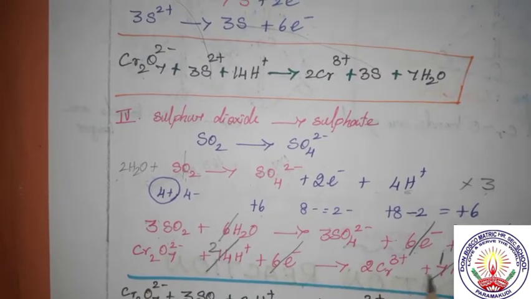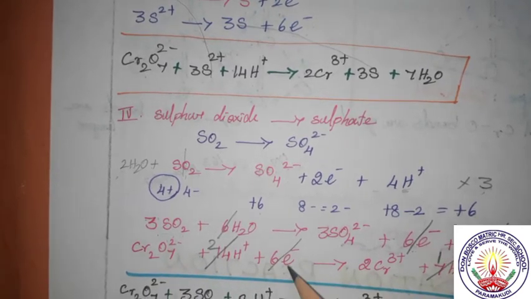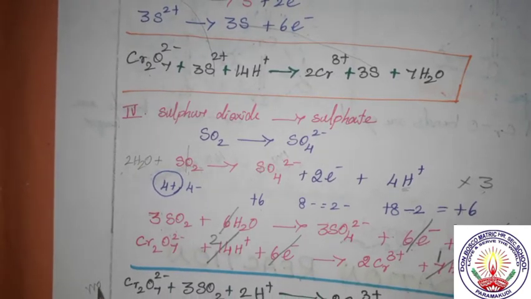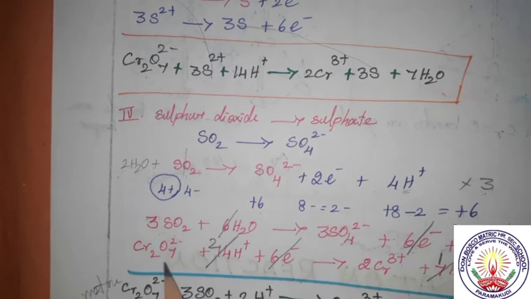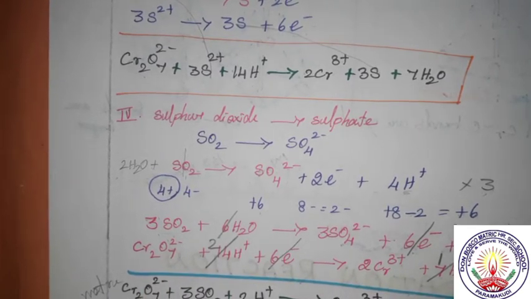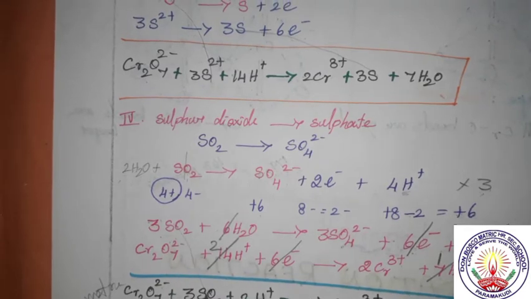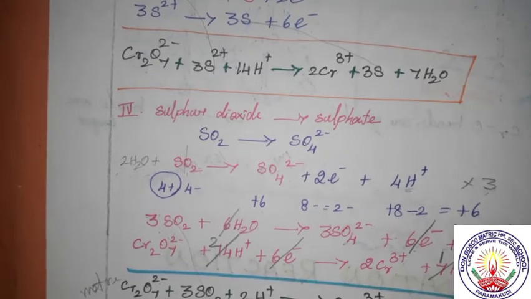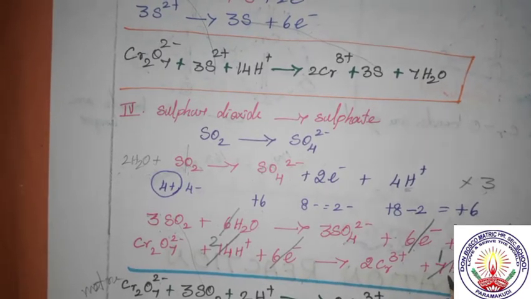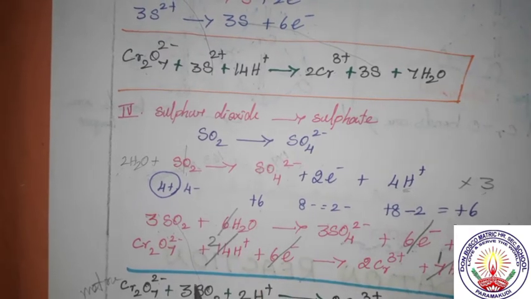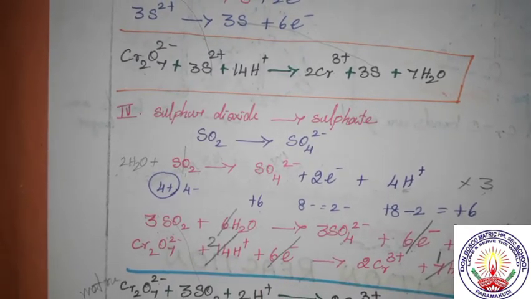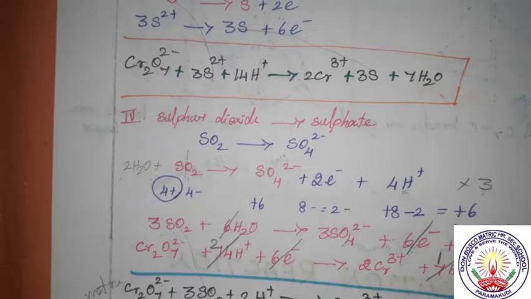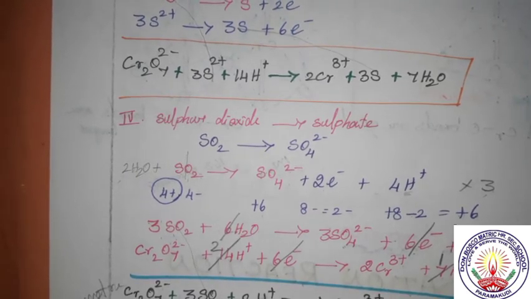Now recall the basic equation. This is the basic equation. Whatever is repeated we shall cut, and the remaining is the net reaction. First we have to write the basic one, that is Cr2O7 2-, then here we have 6 H2O, and here 7 H2O is there towards the right. So of the 7 water molecules, 6 cancel, so we have 1 H2O here, 3 H2O, and 2 hydrogen we are having.